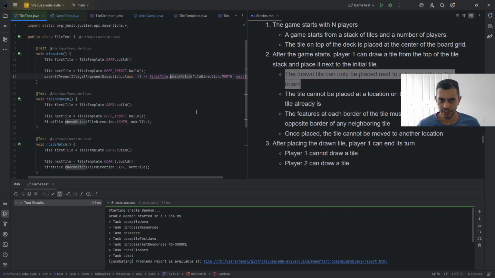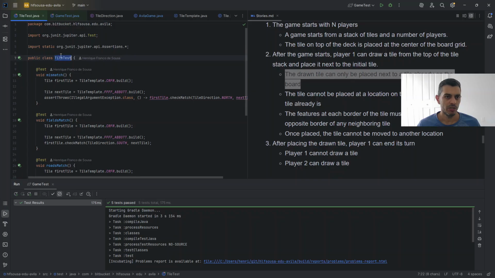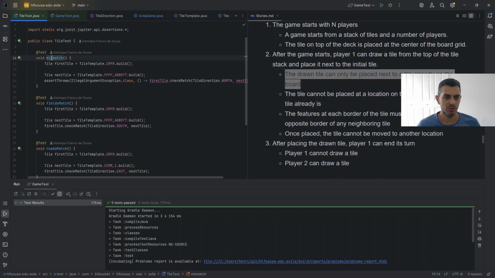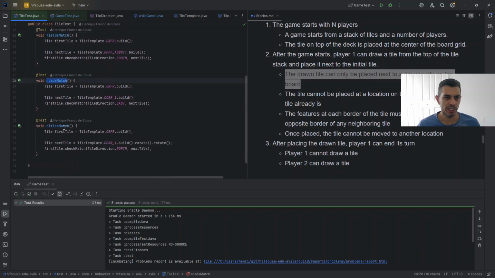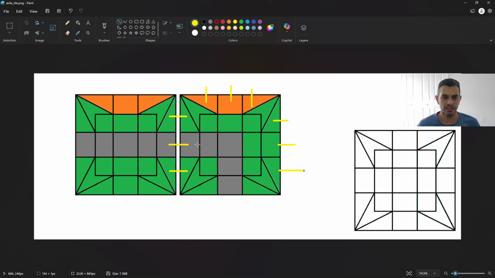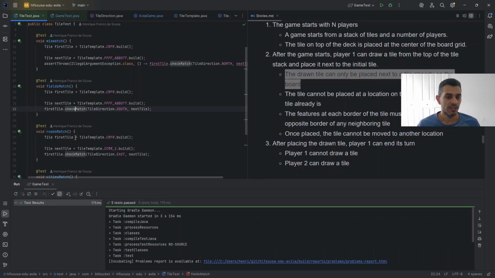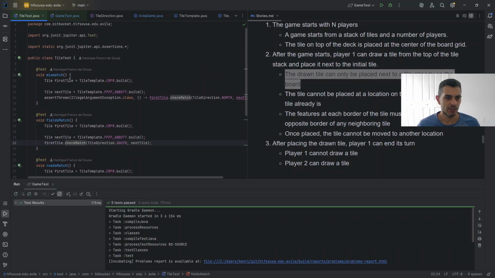So I went to tile test and created a new test saying, okay, what should happen if 2 tiles, one next to another, mismatch? And then I have the field match, the road match, and the city match. These are the 3 types of connections between tiles. And we're using exactly that method. So I have one tile here, which is CRFR, and here I have only fields,